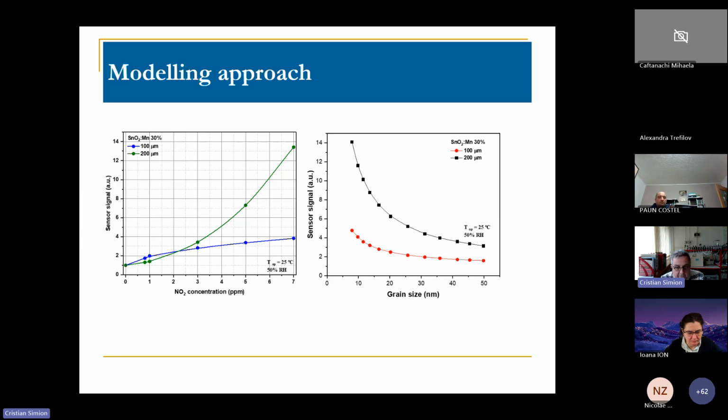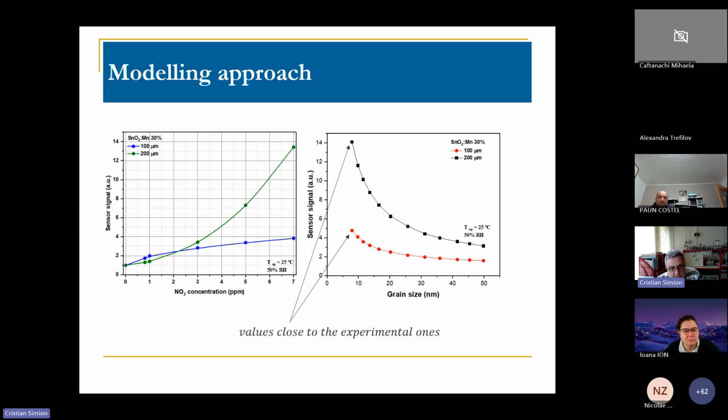performances there. We have done a simulation with all the mathematics which I showed you before. And as one can see, the sensor signal increases with the decrease in the grain size, which is obvious because we will have more grain-to-grain boundaries. The smaller the grains are, the higher the sensor signal is. And moreover, we saw that for 200 micrometers, the values are close to the experimental ones with our mathematics. So this represents a good approach, because this means that we didn't mess up anything in our